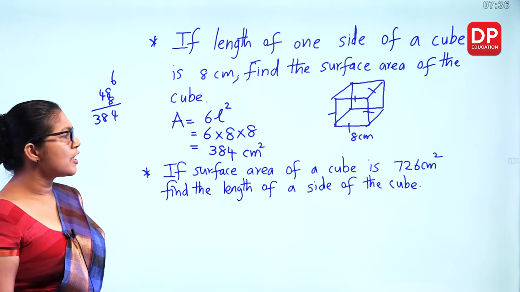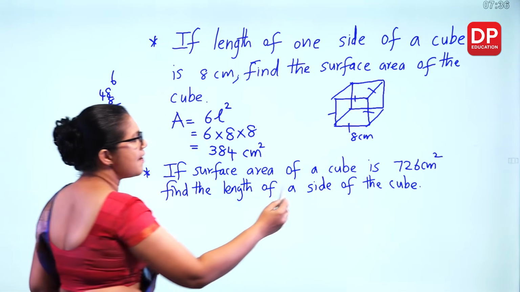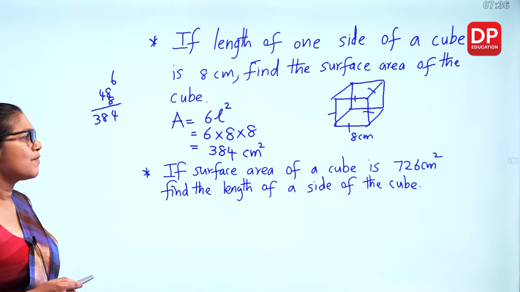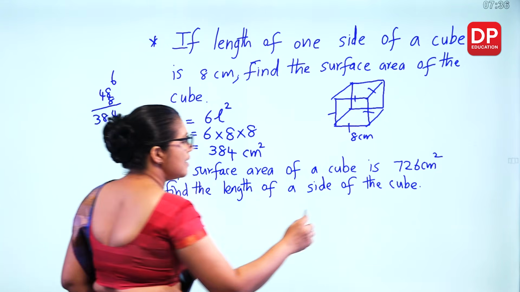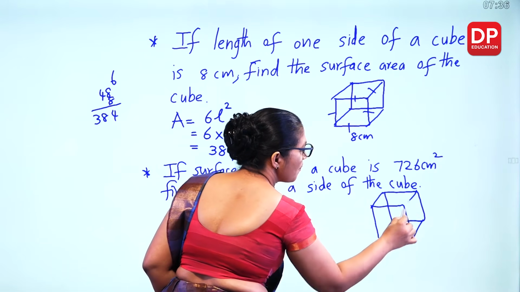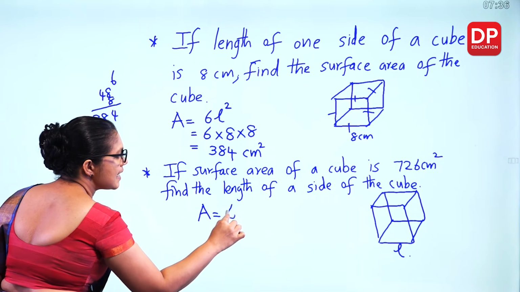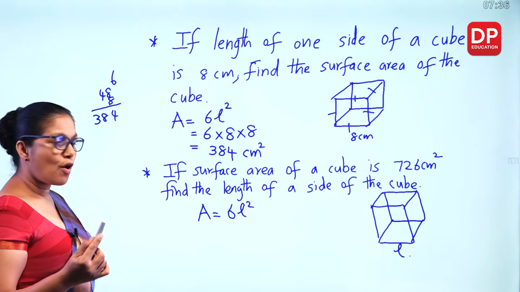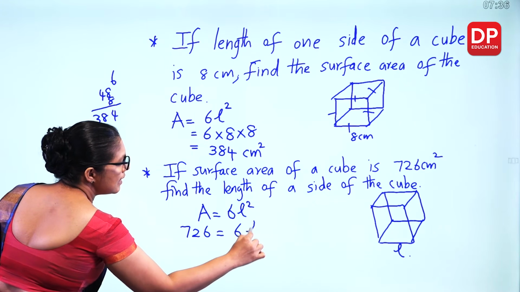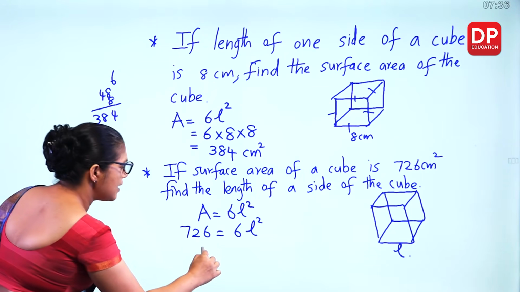Now we'll take another one. If the surface area of a cube is given, now we don't know the length of one side. The surface area is given as 726 square centimeters. Find the length of a side of the cube. So if it's a cube with one side L, we know the surface area is 6L squared. You can use the formula. A is given as 726. You can plug it here. And how can we find L squared? L squared is equal to